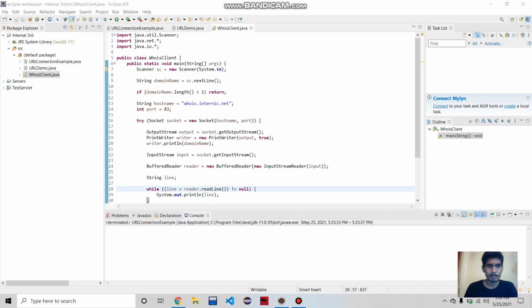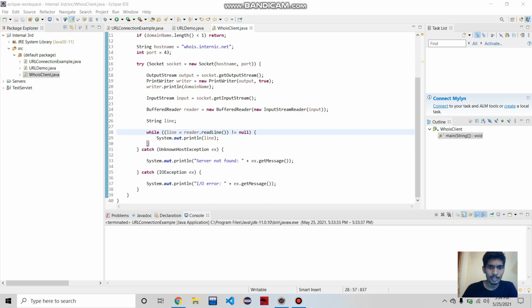Now let's take an example to connect to a server, send data to a server, and receive data from that server. Here we have used the output stream object to send data to the server, and the input stream object to receive data from that server. And the BufferedReader is used to store the data that we get from that server. And we have applied a loop to print all the details that we get from that server.